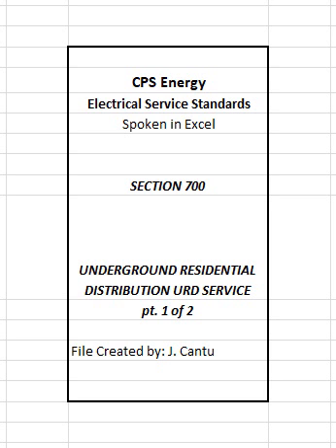701.4 Commercial service from URD area. Services to commercial businesses are generally not allowed from the URD system. Where there are no other distribution facilities available, CPS Energy may allow a commercial service from the URD distribution system upon approval from CPS Energy's engineering department.